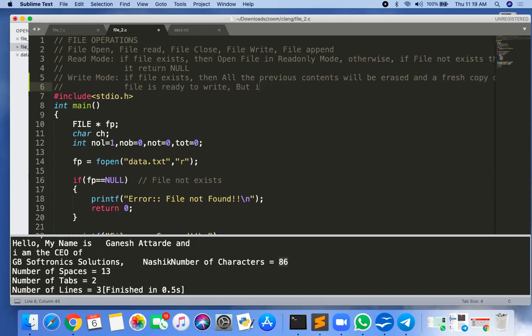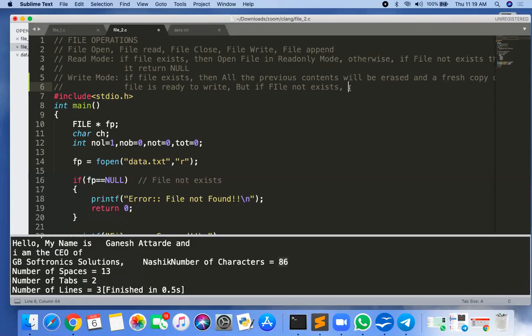But if the file does not exist, then what happens? Read mode will return a null. But if the file does not exist and you are opening a file in write mode, with data1.txt not available, what happens?